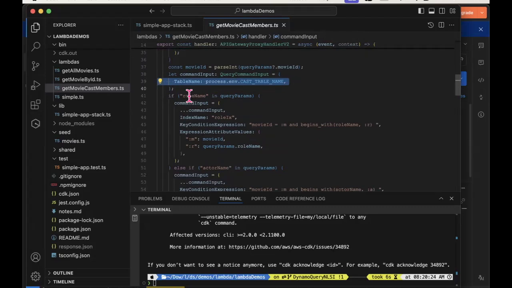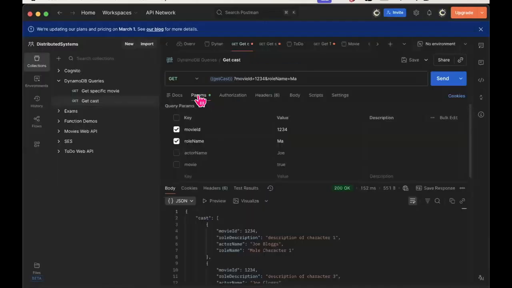So I'm checking, was there a key in the query string called role name? If that's in the query string, so let's just step back now. If that is in the query string, and if we go back to Postman, it is in this query string, for example,